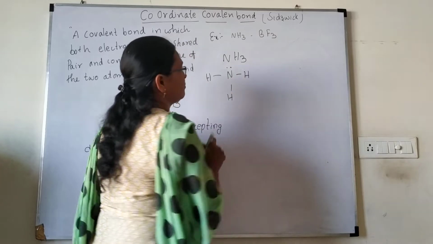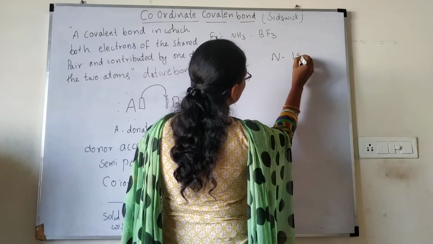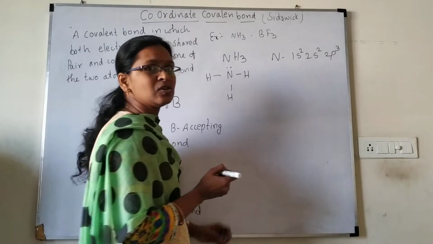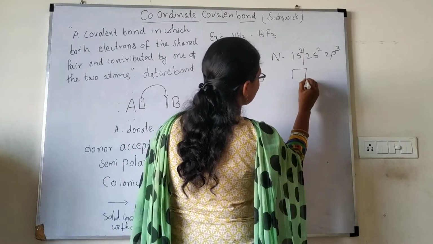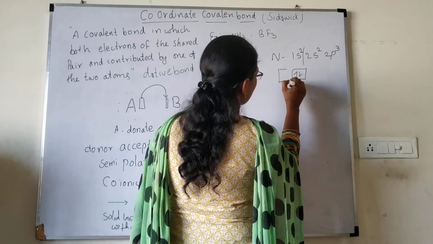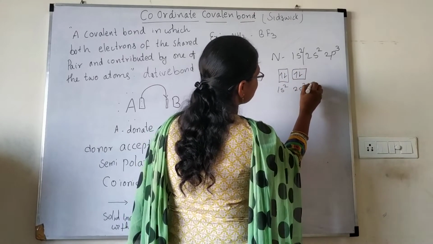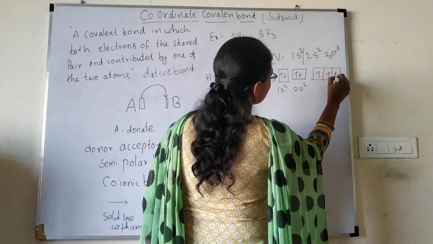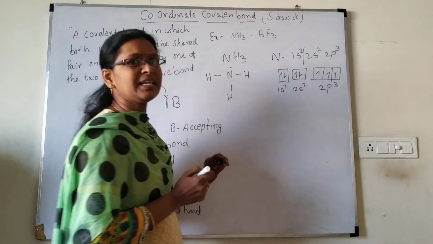and a lone pair of electrons. This lone pair, how can you say? Nitrogen electronic configuration, you take 1s2, 2s2, 2p3, okay. So I am representing this in the form of a valence shell configuration: 1s2, 2s2 and 2p3, 1, 2, 3. So what is happening here? These 2p3 electrons are free, right? These 3 electrons are free.